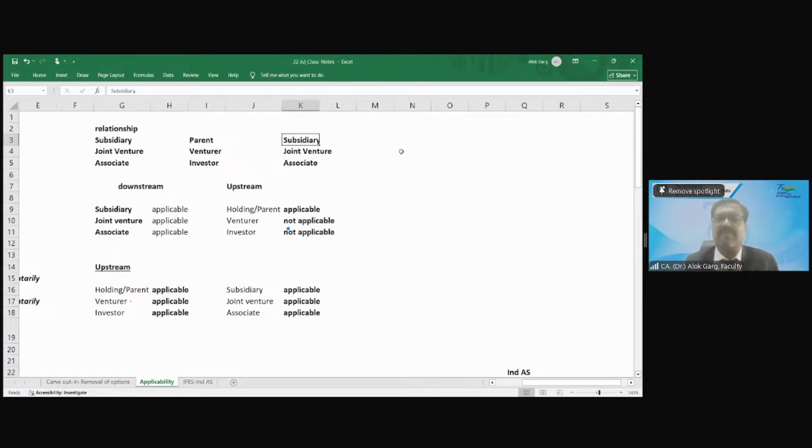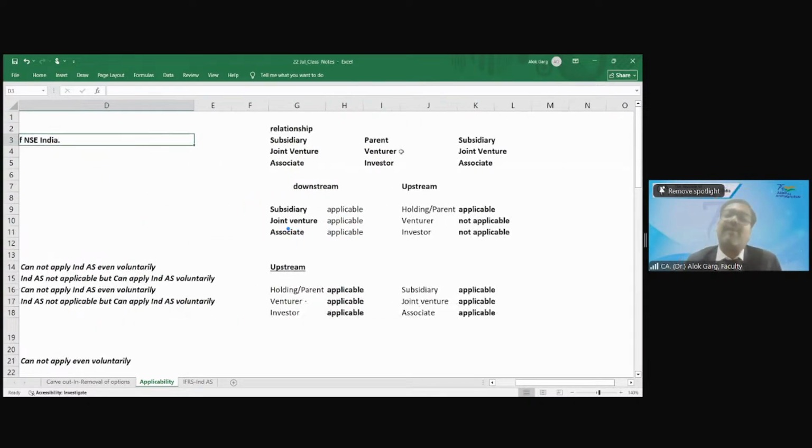You understand relationships. Now, let me tell you the corporate relationship. If an entity is called a subsidiary, what is the other entity called? The other entity is a parent. If an entity is a joint venture, what is the name of the other entity? That other entity